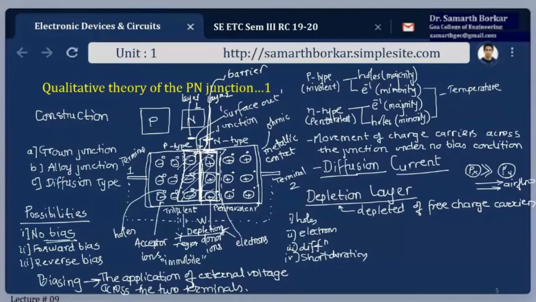So here in this region, we don't have any free charge carriers, but we are left with simply two layers. One is negative, one is a positively charged immobile ion layer. This will create an electric field. An electric field moves from plus to minus. So this is how the electric field is represented with capital E. This will set up an electric field. Now this region is referred to as the depletion region.